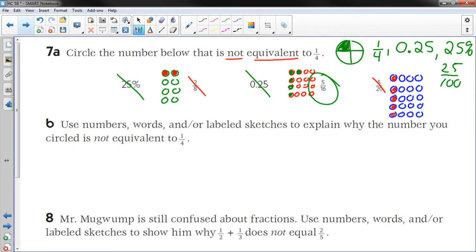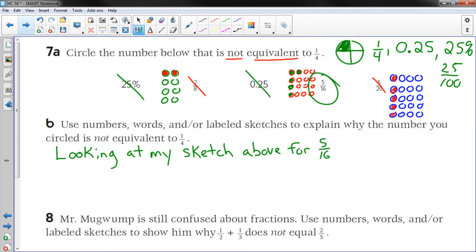Use numbers, words, and/or labeled sketches to explain why the number you circled is not equivalent to 1/4. My work is up above. I have some sketches there. So what you could do is, looking at my sketch above for 5/16, you will